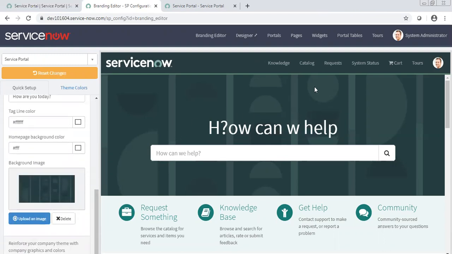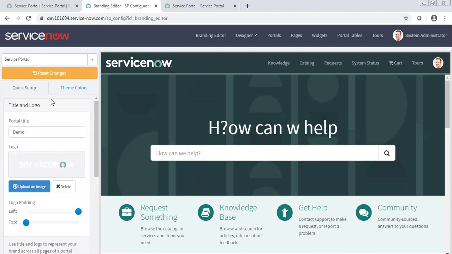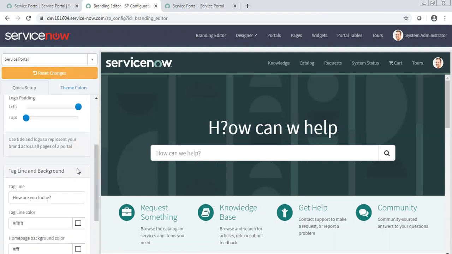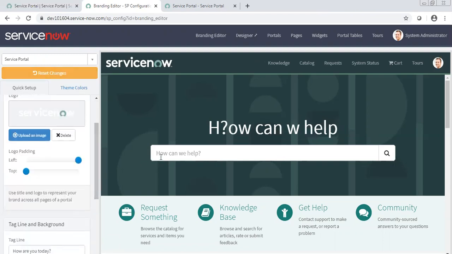And then here you see the background image on the home page. If you want to modify that, you can change it from here.